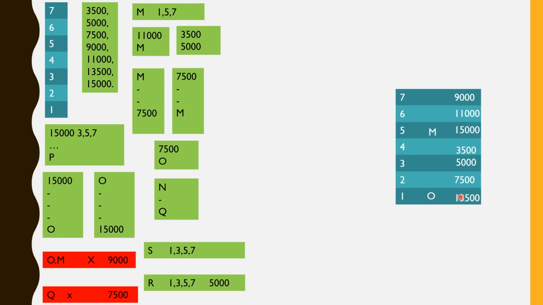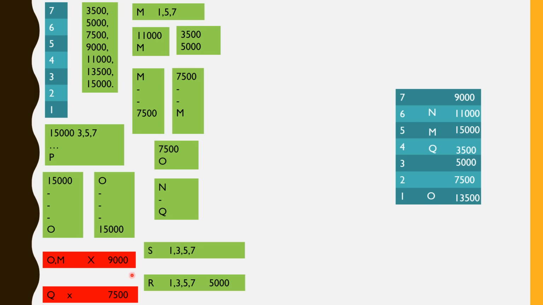Now we just have to find which person belongs to which floor. Next, it is given that N dot Q is there, and Q does not have an income of 7,500, that is, Q does not lie on floor number 2. Since Q does not lie on floor number 2, if we place Q at floor number 3, then according to N dot Q, N will be at floor number 5, which is not correct. If we place Q at floor number 4, then N will be at floor number 6. It is possible,